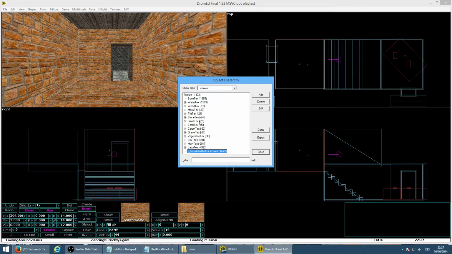Now, before you do that, let me just stop you there. There is a horrendous, I don't know if it's a bug, but it's irritating as heck. If you go to this drop-down list and then click on something and try to carry it, Dromed will actually think you are still in the drop-down list and it will sort of flip over and crash the whole thing. So what you need to do is make sure you are in this actual window by clicking on a few other items, then clicking your texture and then left click, hold and drag it to your particular